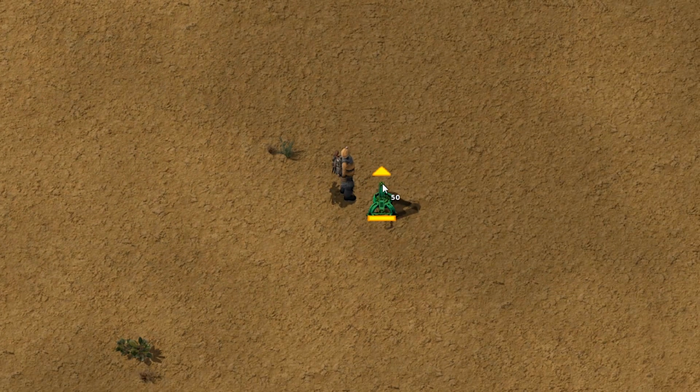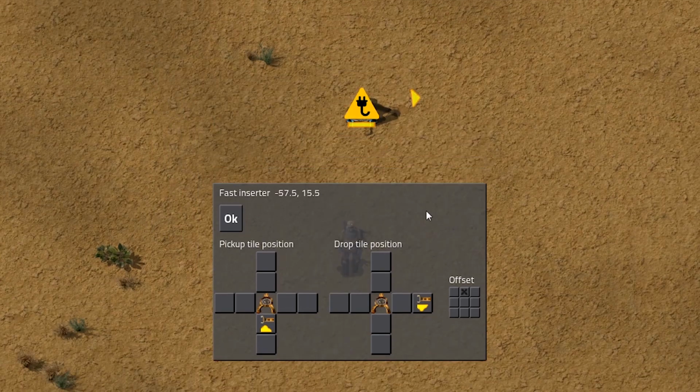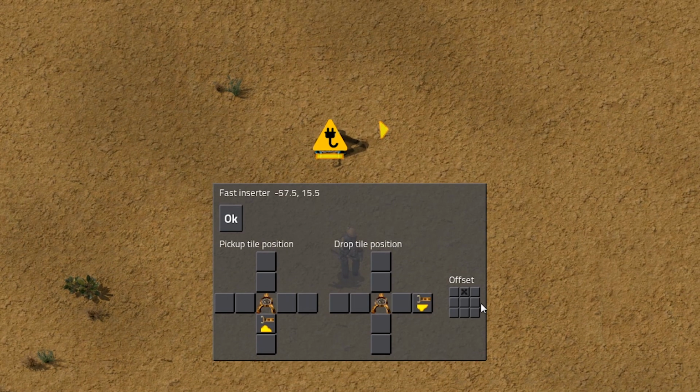If we were to place an inserter, oh look, a weird pointing to the right slightly offset drop indicator. If we press Shift and E to have a look, and move like that so you can see the inserter,